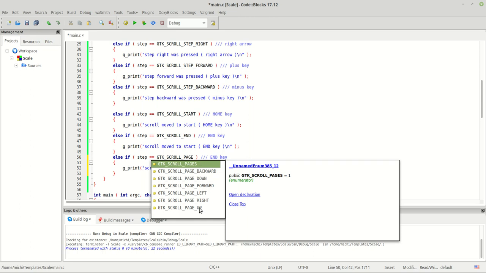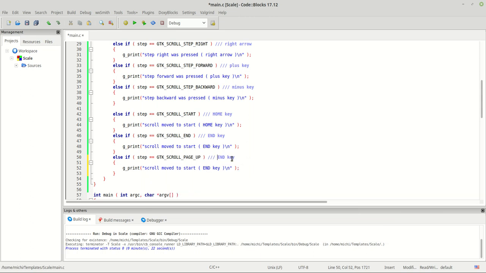Scroll page up right here. Okay, so now I'm going to say control plus up arrow was pressed, and